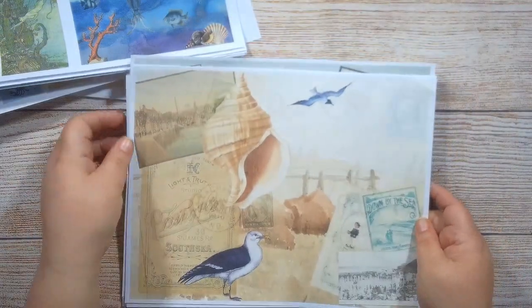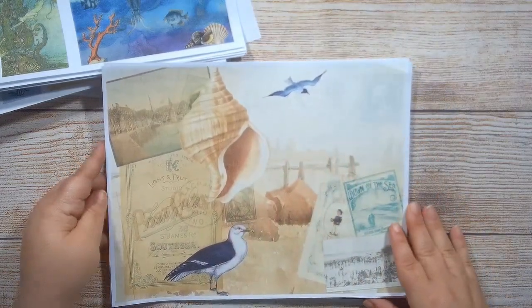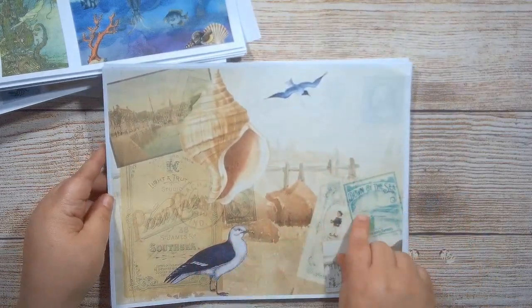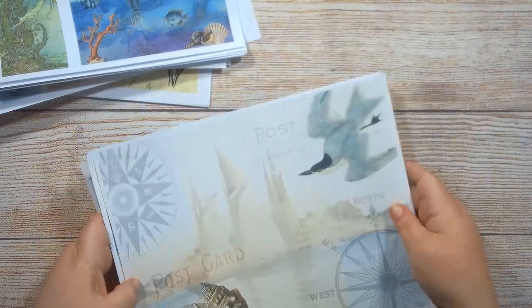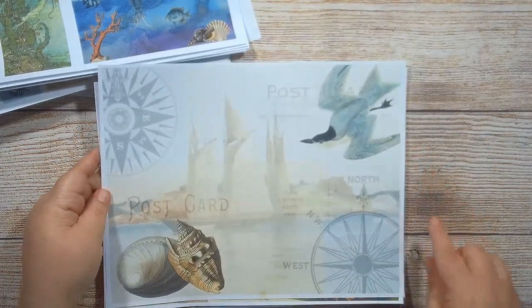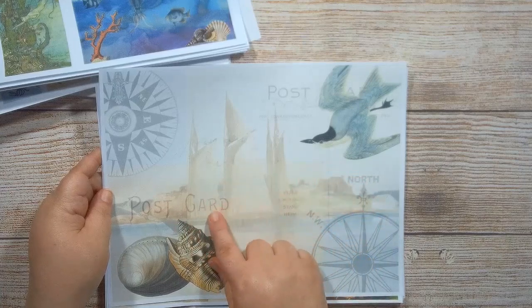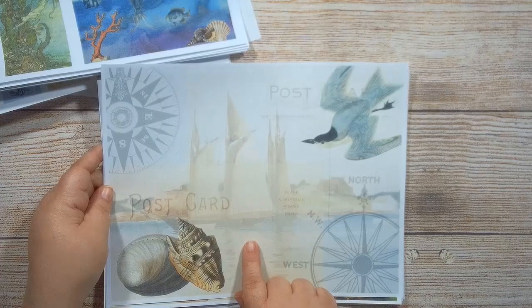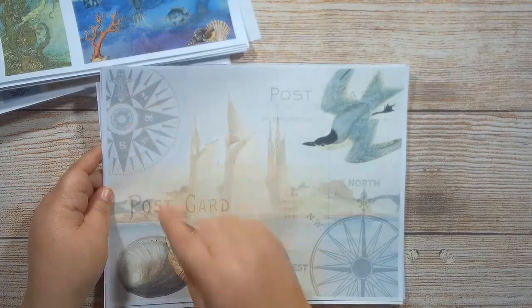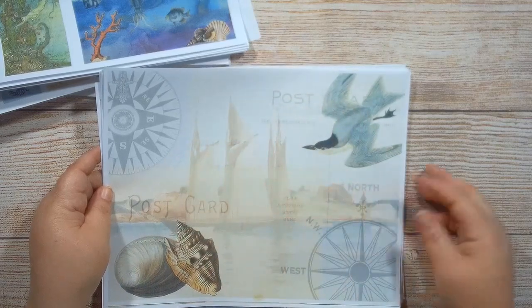Page 4. A couple of seagulls, some more ephemera layered in here, seashells, another postcard. What are we on, page 5? Something like that. Here in the background there's this kind of washed out painting of a ship sailing in like a harbor kind of, and there's a compass rose up here, some seashells, some more postcards layered in the background,